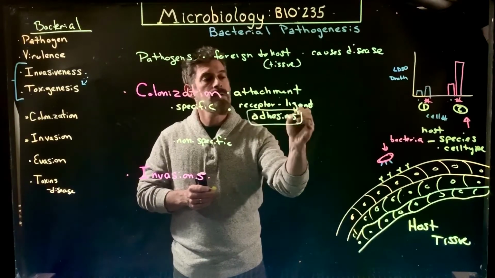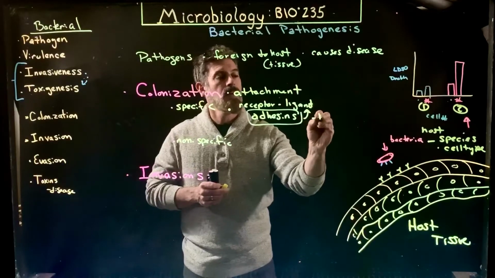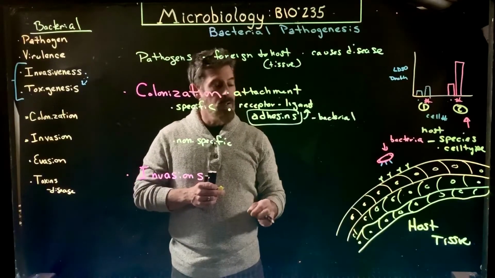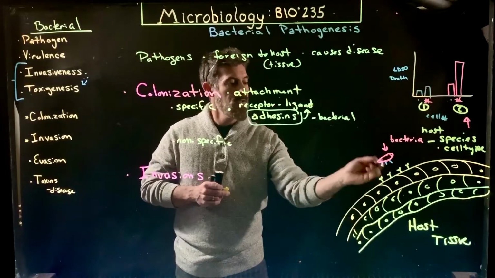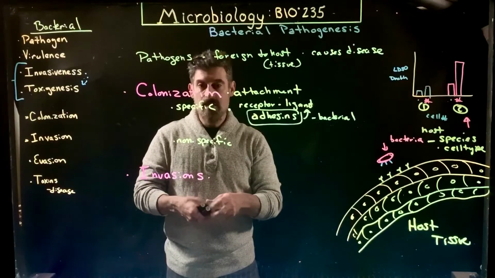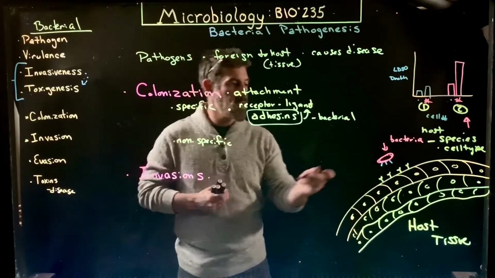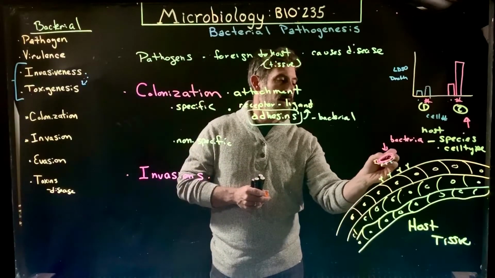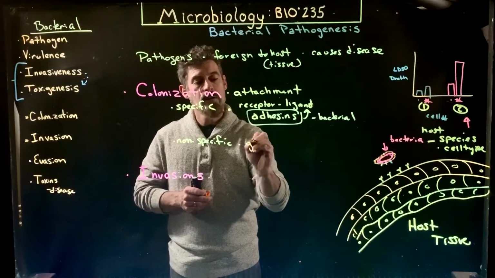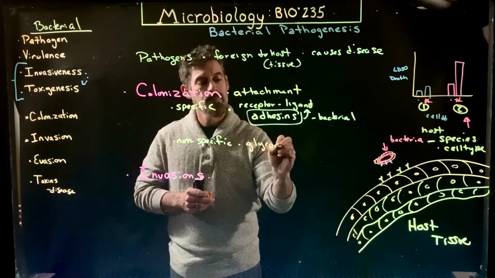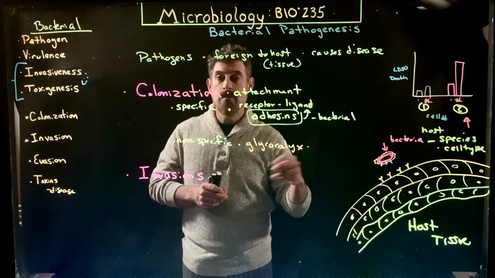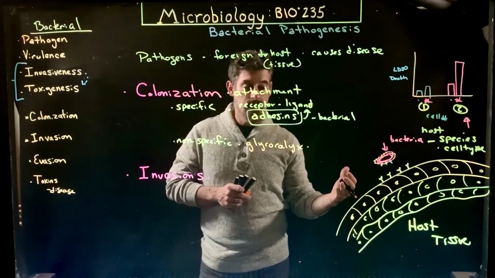So adhesins are the ligand. So this is the bacterial part, the part that the bacteria have that's going to bind to the surface receptor. Now remember, bacteria also have other characteristics, right? So many bacteria have sort of this sugar coating on the outside that we call a glycocalyx. It's a polysaccharide, a sugar layer.